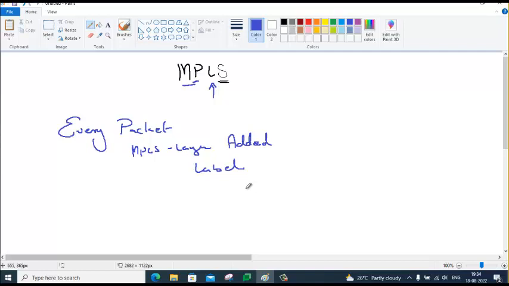Every router in the path need not process the big layer 3 header. It needs to simply process that simple 32-bit MPLS layer, and it will be comfortable to decide the exit. That will be more than sufficient for the router to decide the exit. Without MPLS, every router needs to process that big layer 3 header to decide the exit.